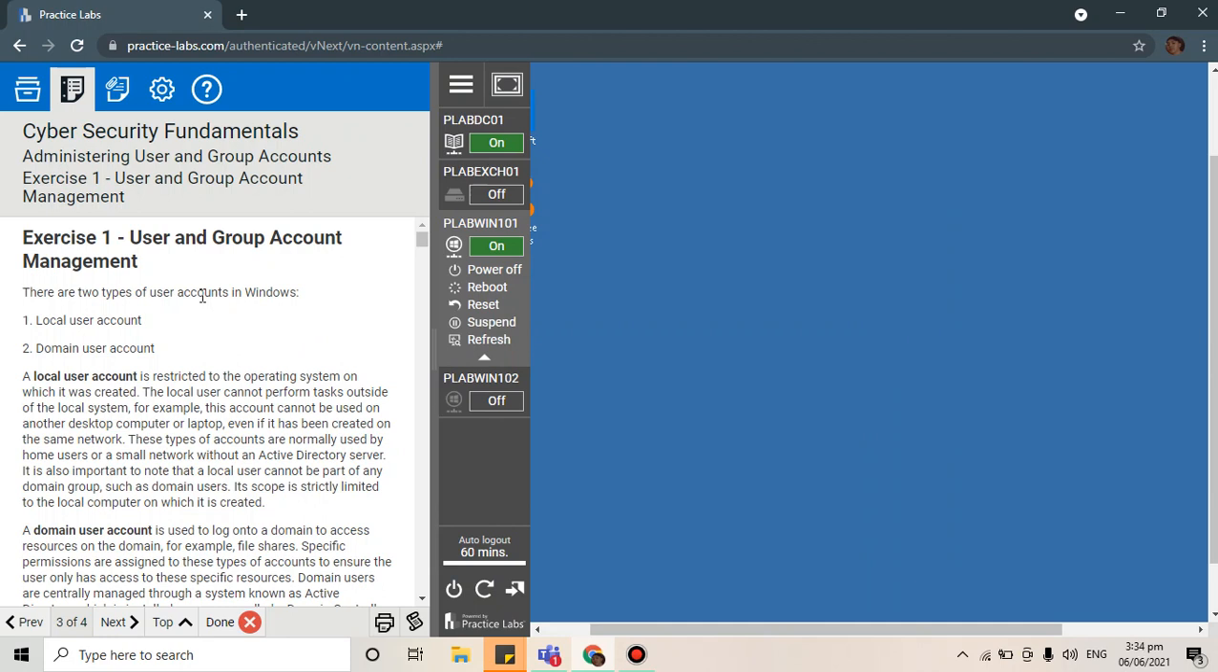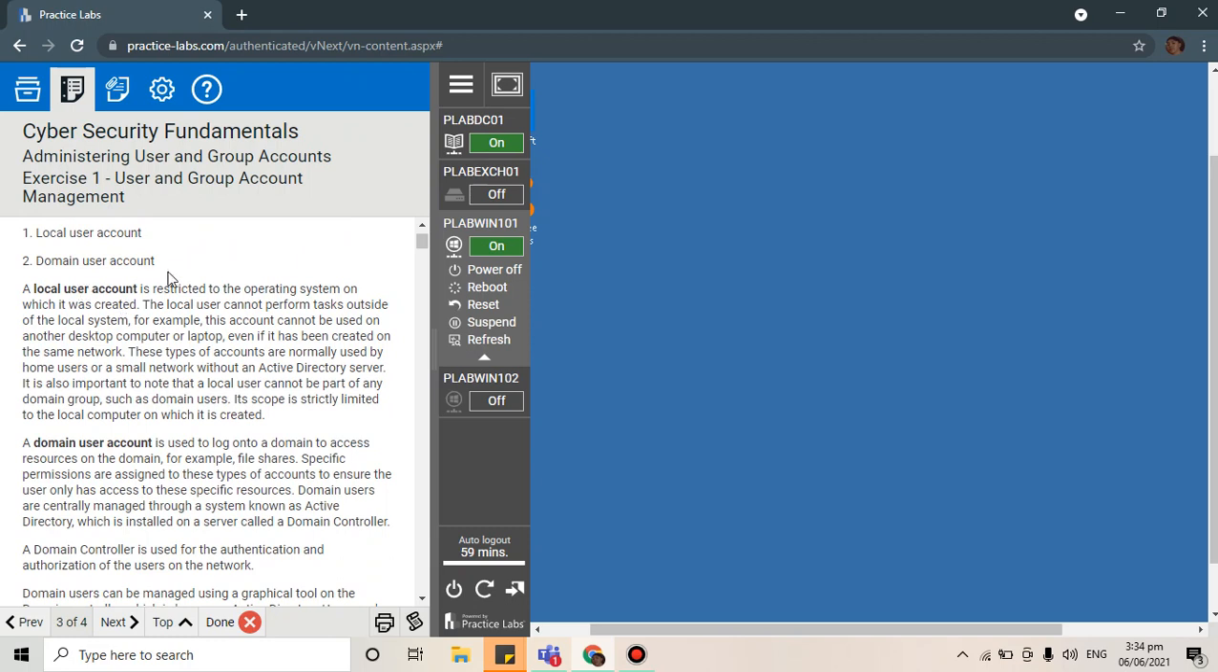There are two types of user account in Windows: local user account and domain user account. Ito daw yung mga uri na account dito sa Windows. Local user account is restricted to the operating system on which it was created. The local user cannot perform tasks outside of the local system. For example, this account cannot be used on another desktop, computer, or laptop, even if it has been created in